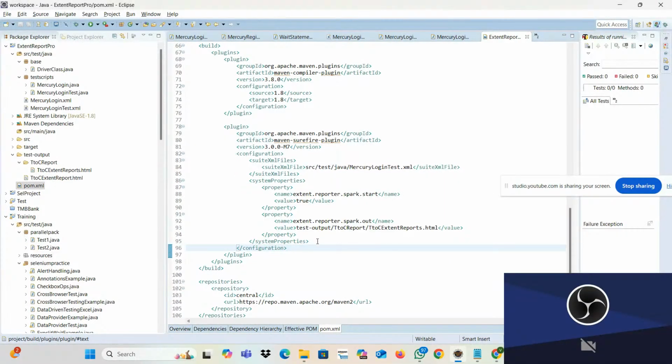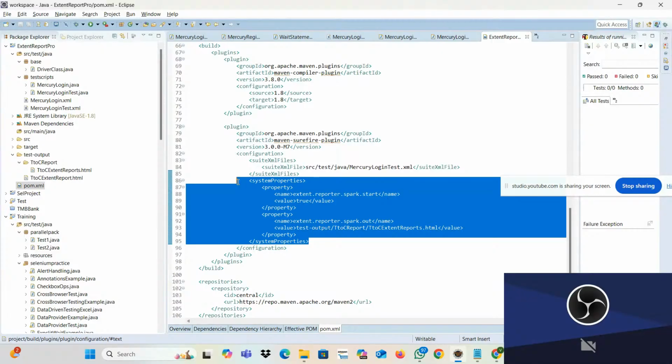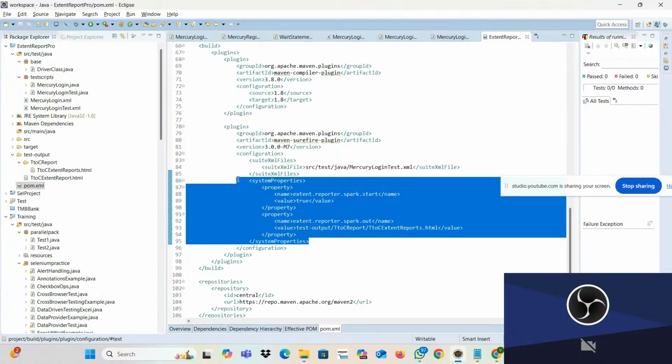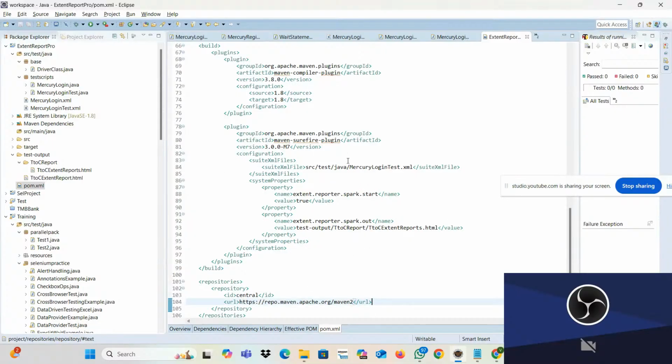If you want to create in this manner also, you can do that, or with the help of the programming also, you can do that. That's what I'm saying. You can generate the extent report in 2 manners. One is with the help of the pom.xml. Another one is with the help of the programming. Now I explained about with the help of the pom.xml, where once you execute this particular XML, testng.xml,